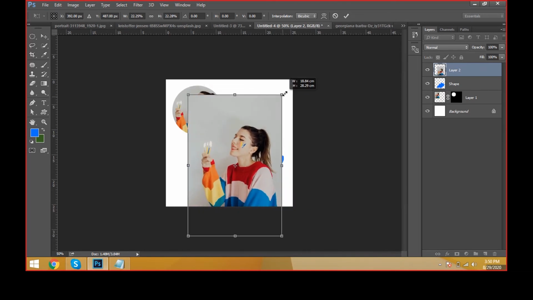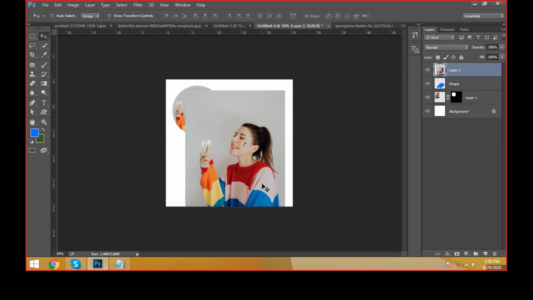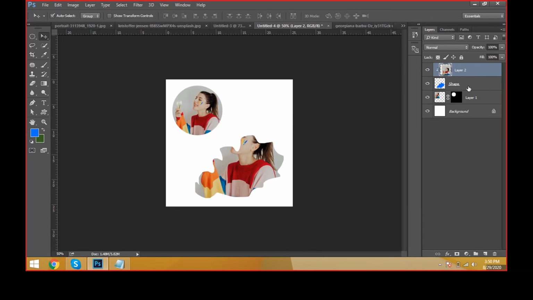Yes, like this. The shape object is at the bottom and the image is above the shape object layer. Select the image layer, select this one, and Control Alt G is the clipping mask, use Control Alt G on the keyboard.